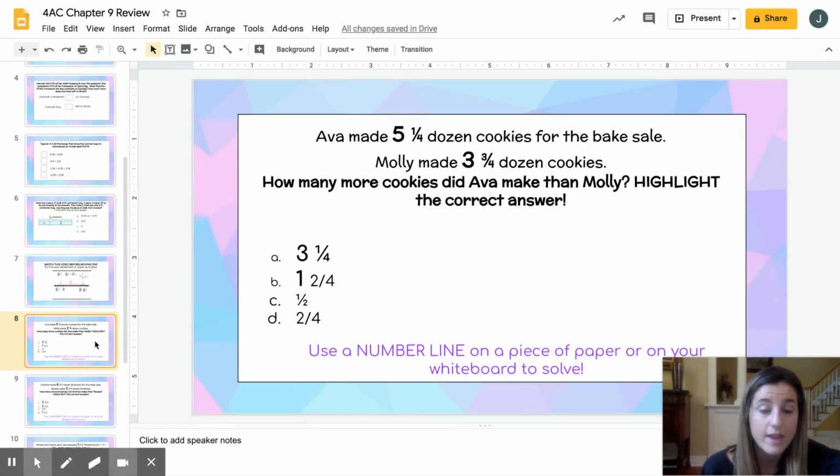So Ava made 5 1/4 dozen cookies for the bake sale. Molly made 3 3/4 of a dozen. How many more cookies did Ava make than Molly? Highlight the correct answer. On the bottom, it says use a number line on a piece of paper or on